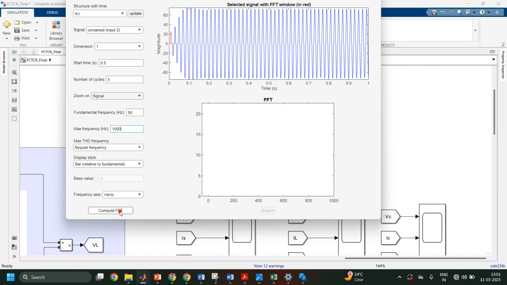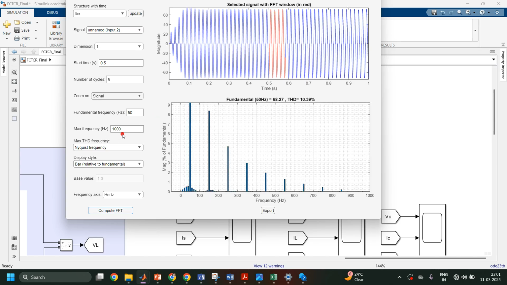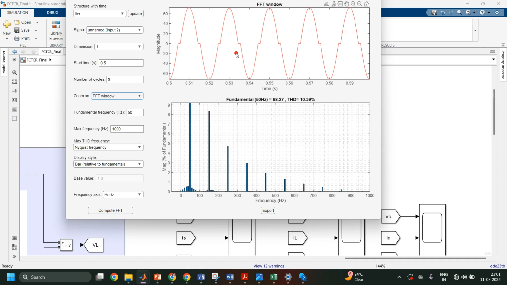And if I click compute FFT, okay, so this FFT is calculated for this red signal. For this red signal, you can observe the THD is 10.39%, with the fundamental current is